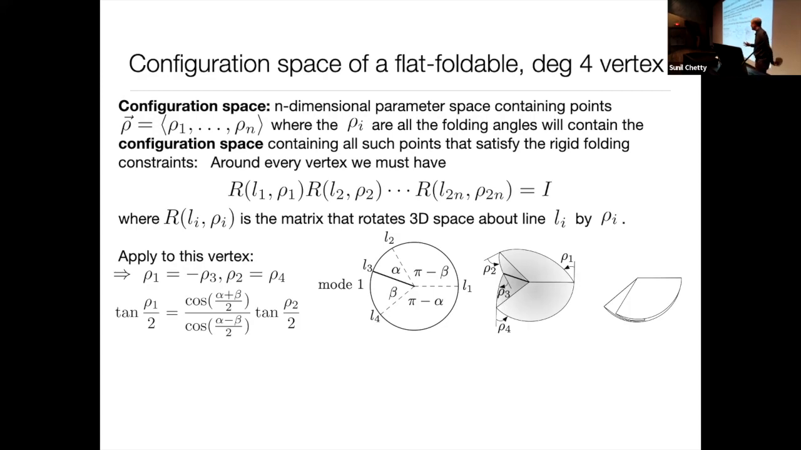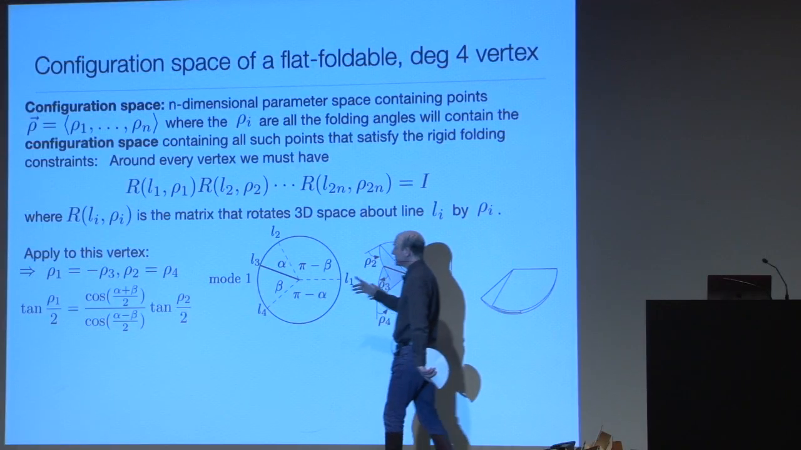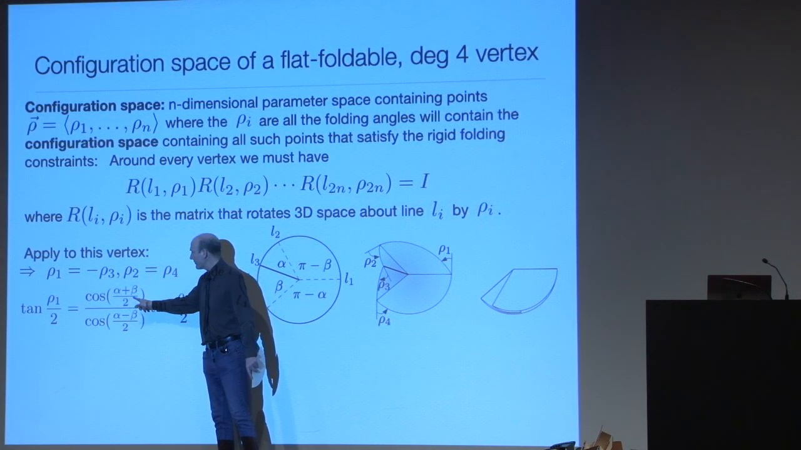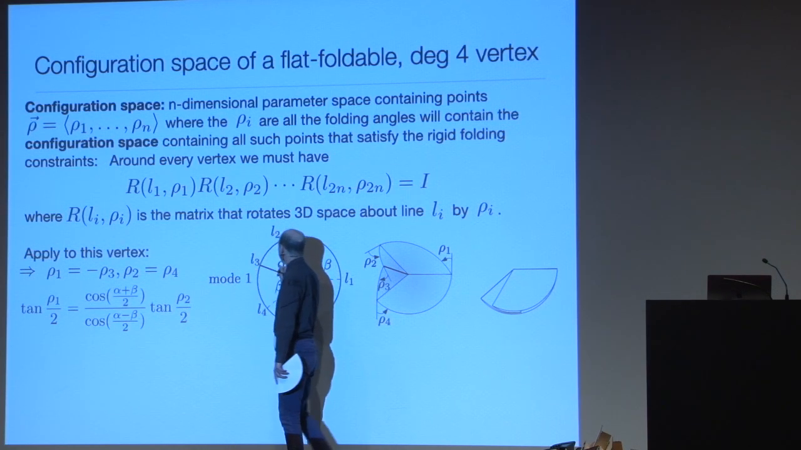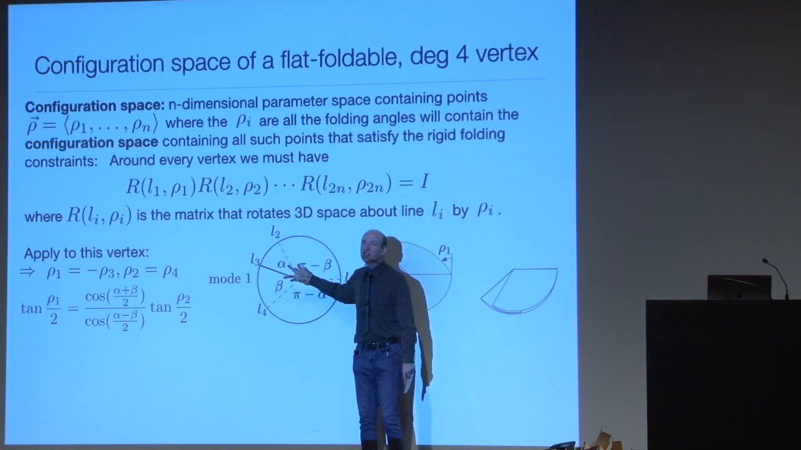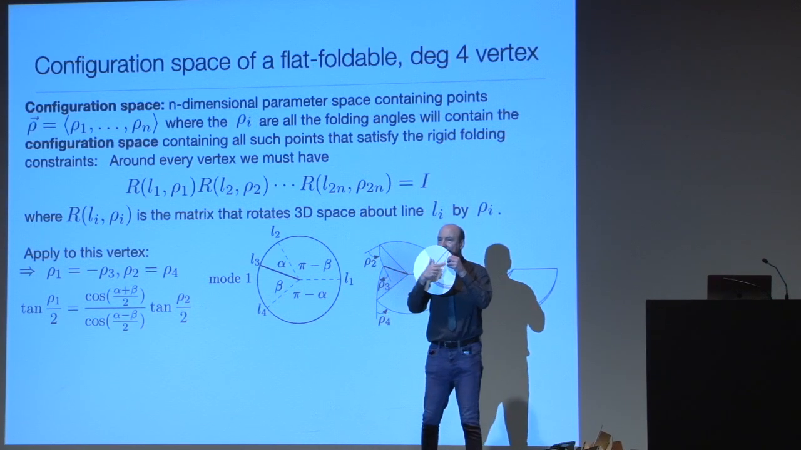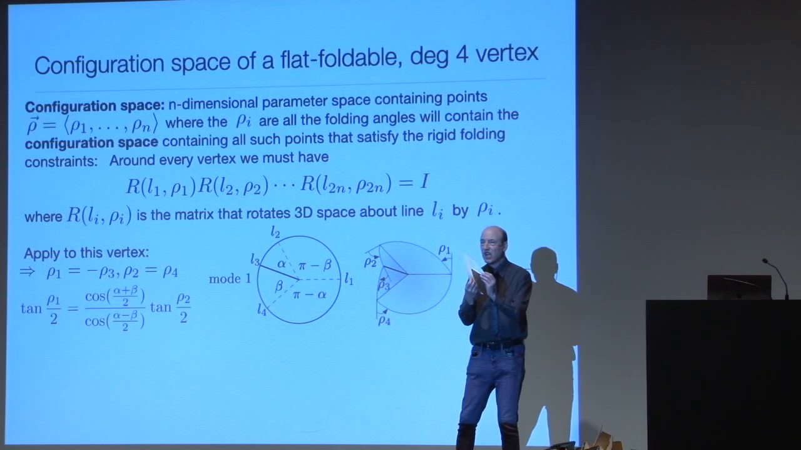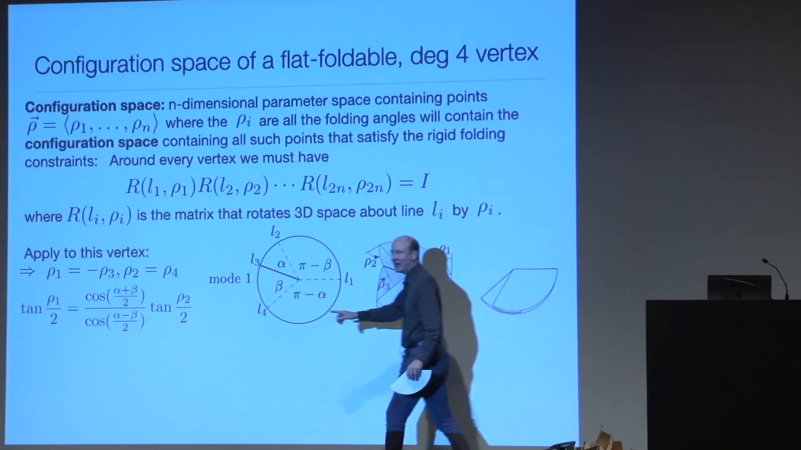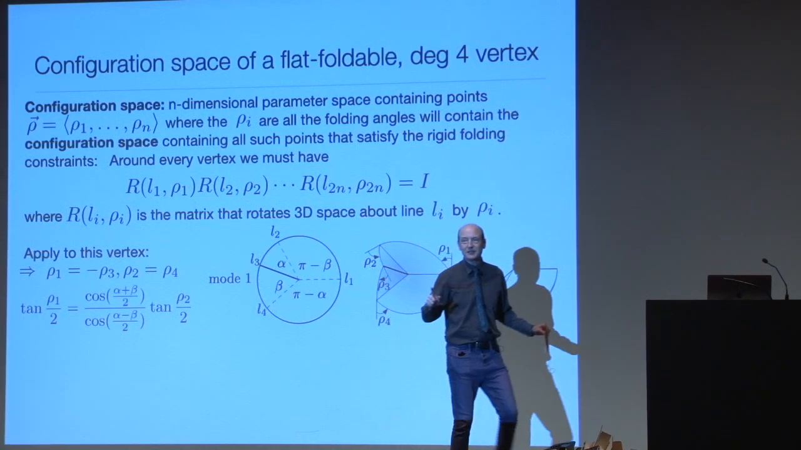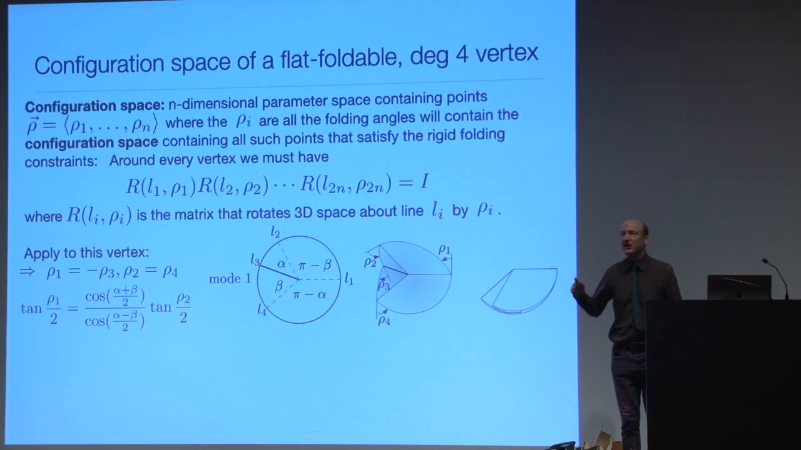But check this out. This cosine over cosine business, that's cosine of alpha plus beta over 2 over cosine of alpha minus beta over 2. Alpha and beta are these two angles. Those don't change as I open and close this. That's just like the angle between the creases on the paper, and they're not changing as I do this. So this puppy right here, this cosine over cosine, that's a constant. It's just a constant. So this is almost like a linear equation, except I got this tangent of the folding